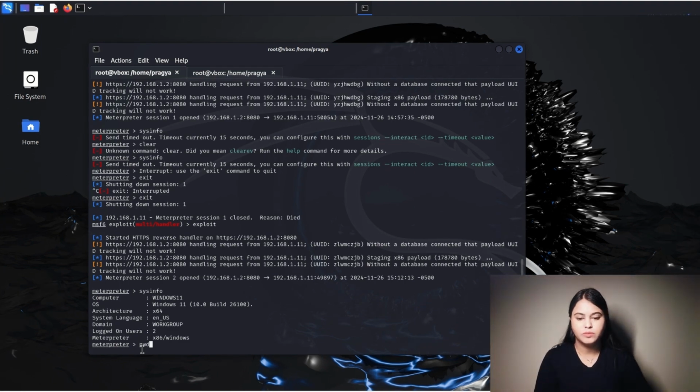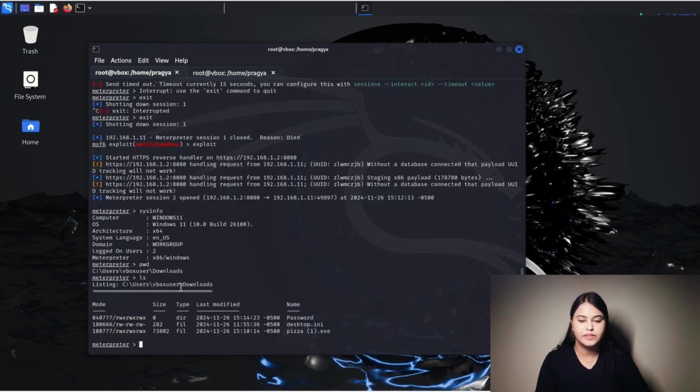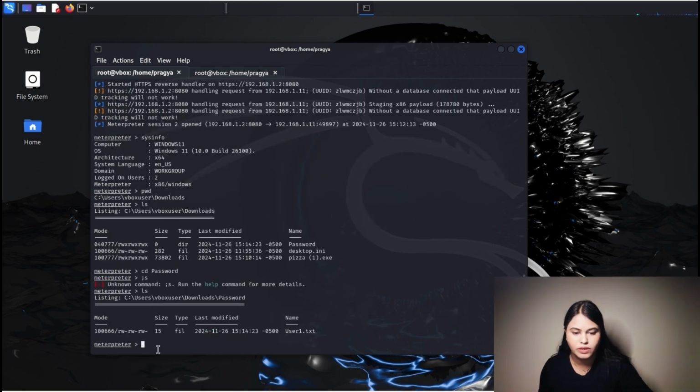So I have given the command pwd, and I can see that this user is in downloads. If I want to list all the files of downloads, I can see password. So this looks interesting, and I want to view what is within this password. So I'll give ls password. So okay, under this I see a user1.txt file. So let me read this file. cat user1.txt.